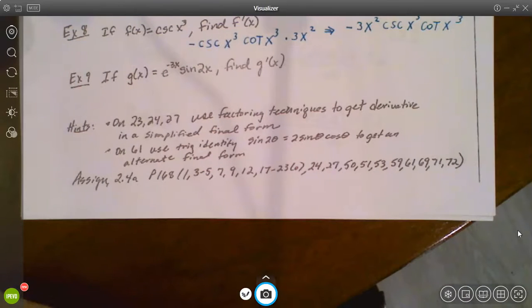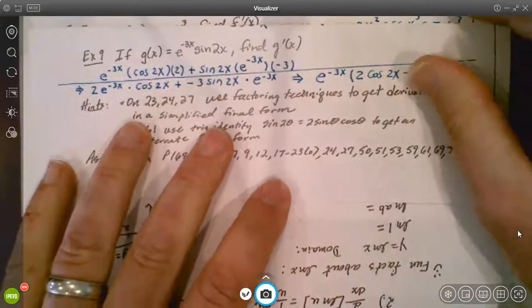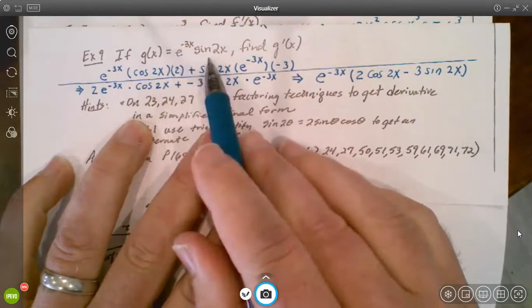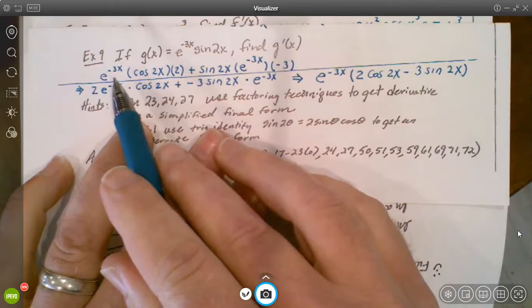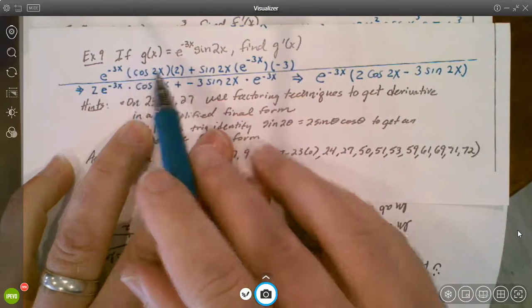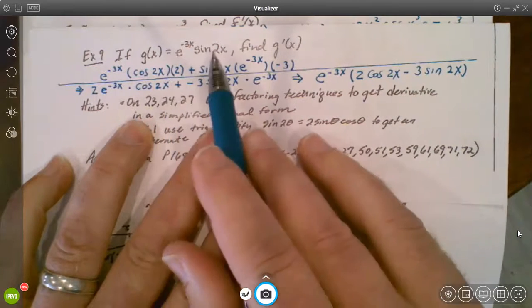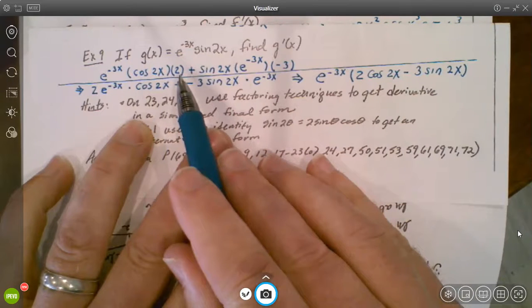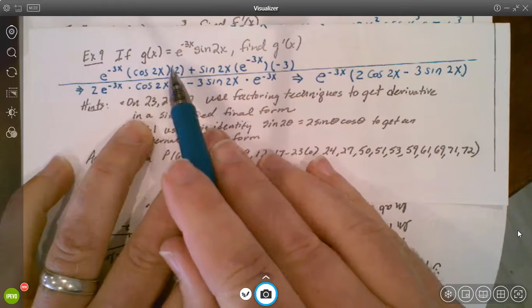I wrote this out neatly just so I could fit it in there, so let me show you, and I'll talk you through every step that we did here. So here's what this one's going to look like. I'm just starting out. Remember, product rule does first times derivative of the second. So first term times the derivative of the second term. We know the derivative of sine is cosine, and then we're multiplying by the derivative of the interior function, which would be 2,